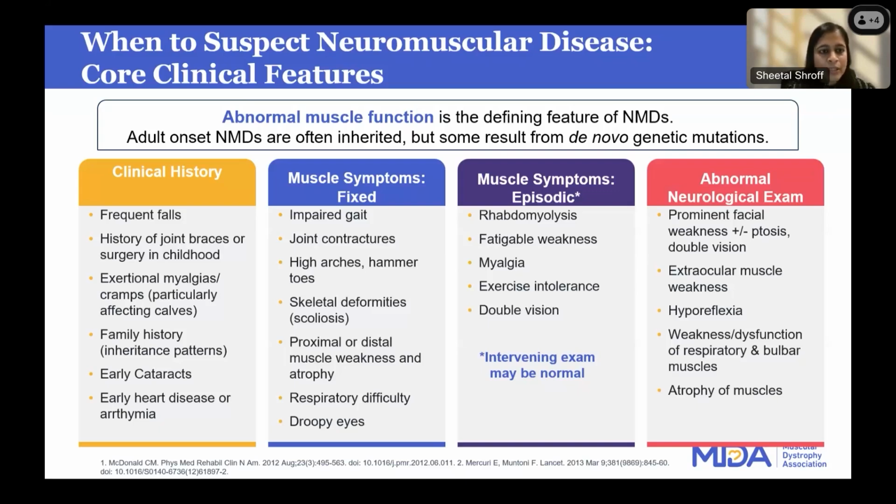And also, for the ones which are inherited, there is an inheritance pattern, whether it's autosomal dominant or recessive, and we're going to go over this in the next few slides. Early cataracts, and a history of heart disease or irregular heart rhythm or arrhythmias in the family or in the patient. So these are some of the history we ask in these patients when we